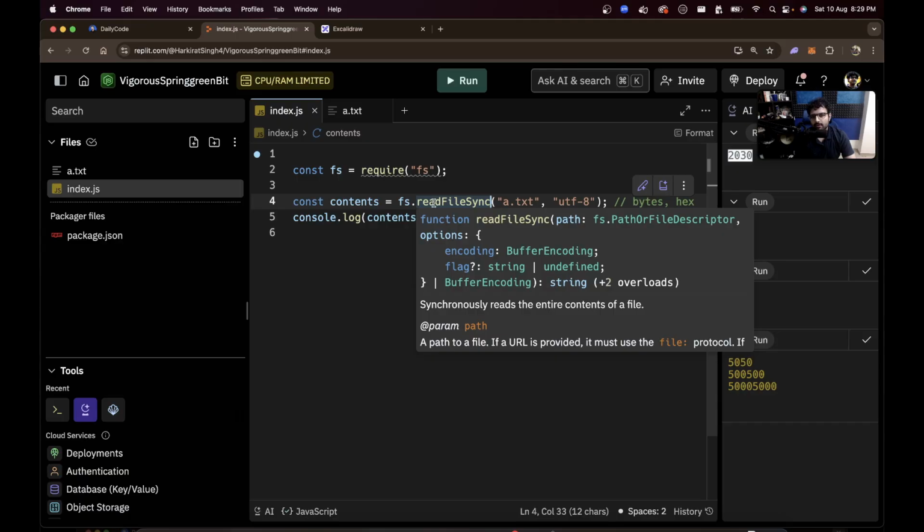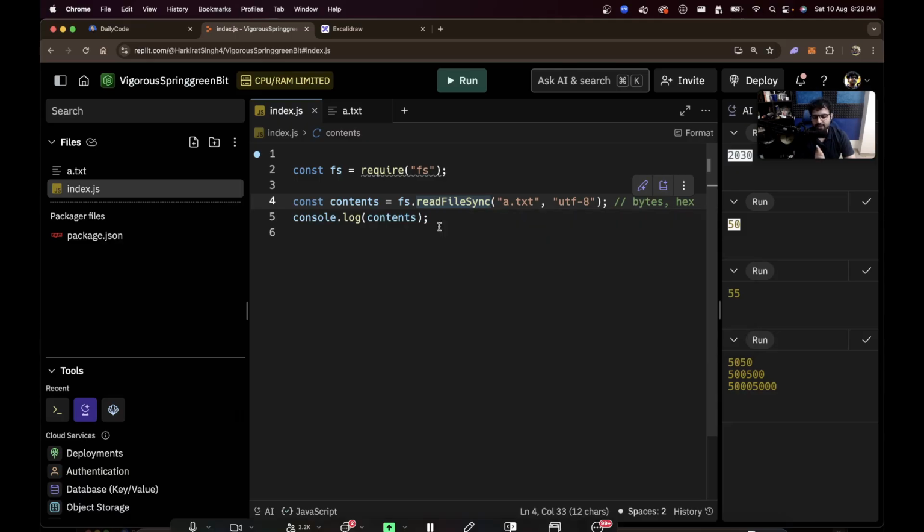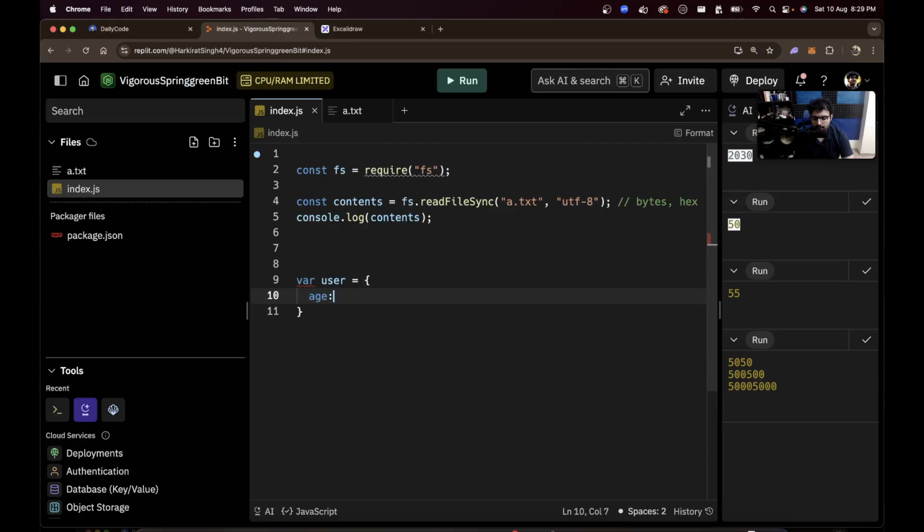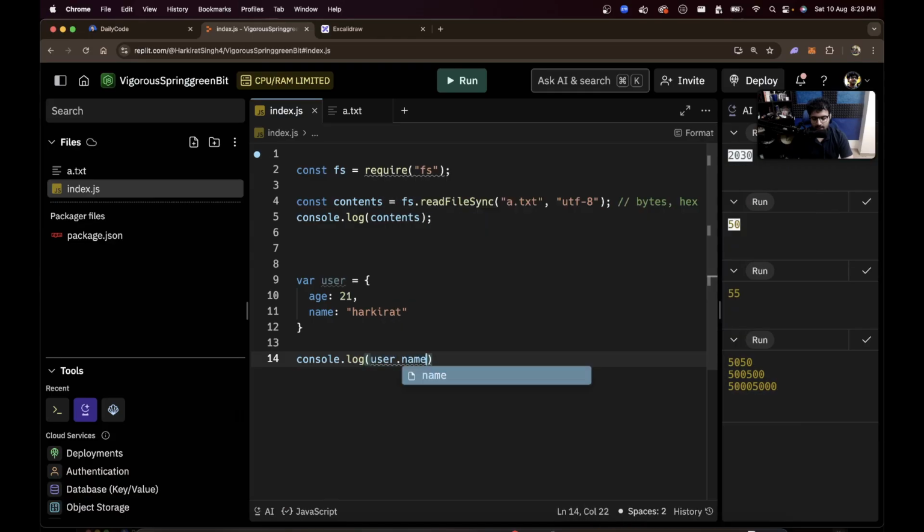A little bit, if you remember from last week, we learned about objects. We learned about a user equal to age 21, name Harkirat. We were doing this last week: console.log user.name. So just how you can do a user.name which points to a string, or a user.age which points to a number, you can do a user dot